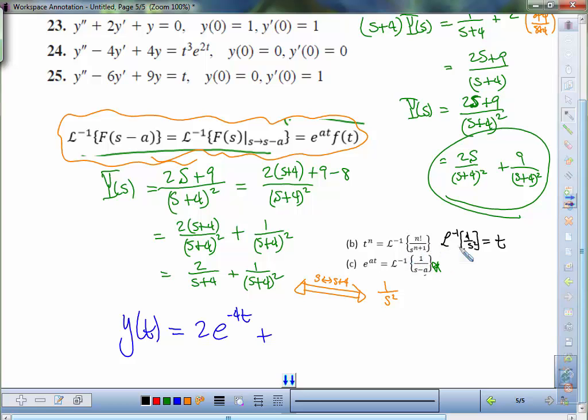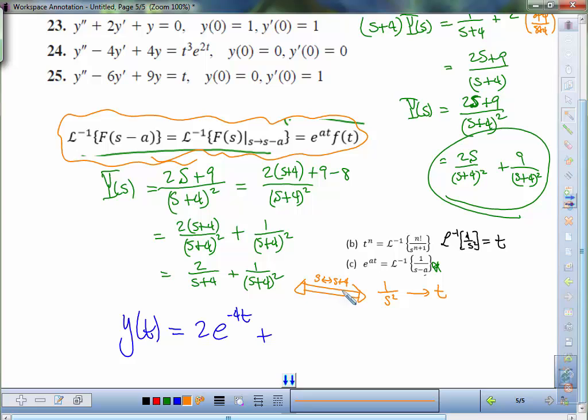Because the cosine and the sine is s squared plus something. This is s plus something squared, so it's different. So this would have transformed to t,